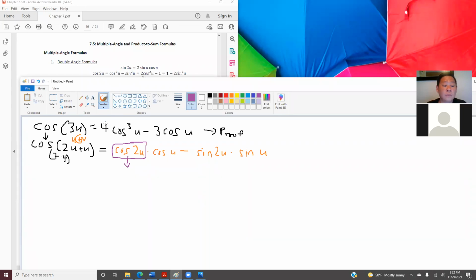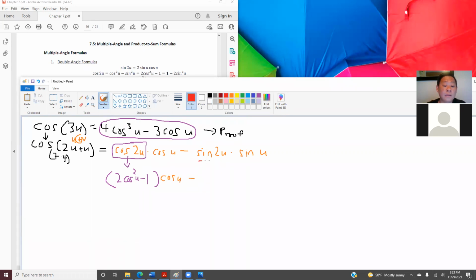Look at your proof here. What is it all in terms of? Cosine. So we don't want to use the first one. We should use the second one because they're all in terms of cosine. So this will be 2 cosine square u minus 1. Then you times with cosine u